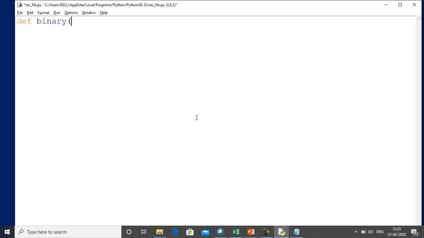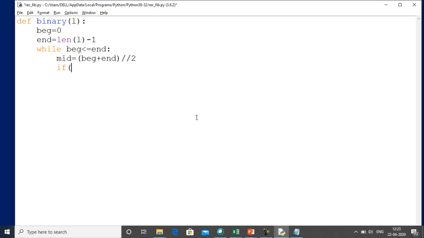So in the binary search we will send the list to the function, and this function will do one thing. First it will find the beginning position, that is 0, and then it will find the end position, which is basically length of the list minus 1. Then we will run a while loop over here, while beginning is less than equal to end. Then first we have to find the mid, that is basically beginning plus end floor division 2.